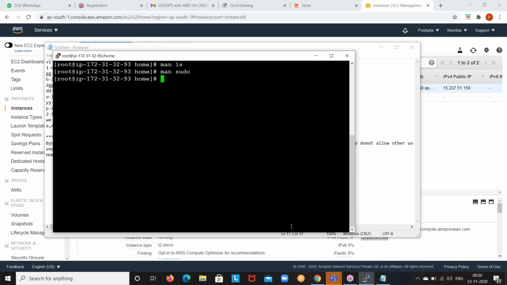Any doubts, guys, as of now in this class? Okay, that's good. In tomorrow's class, I will give a Linux basic task. Tasks are sometimes questions, sometimes commands. I may ask you what is the command to check RAM, to check CPU, to check the distribution. You should know those commands, guys. Tomorrow I'll give some questions, maybe 20-30 questions, and you have to answer them. It's not like googling and copy-pasting the answer. You should know that. That is our intention.